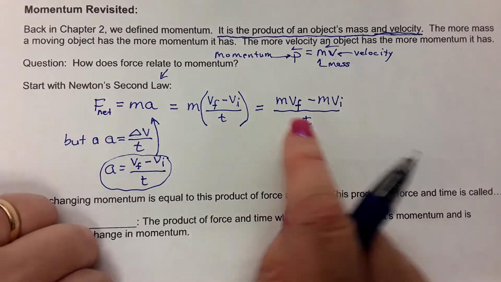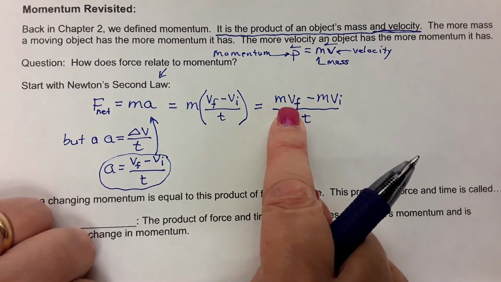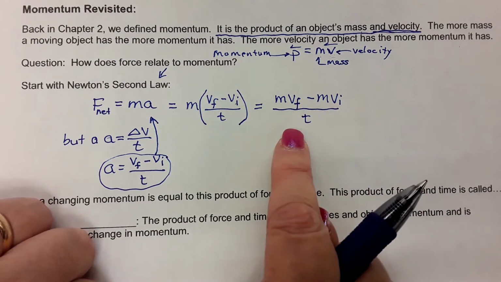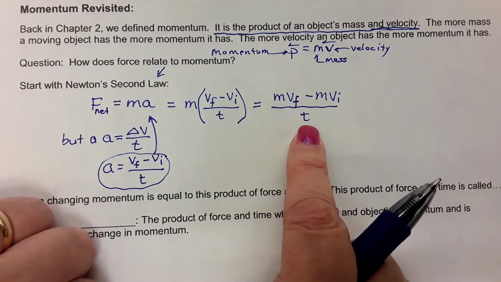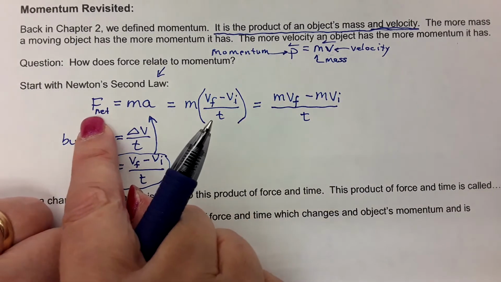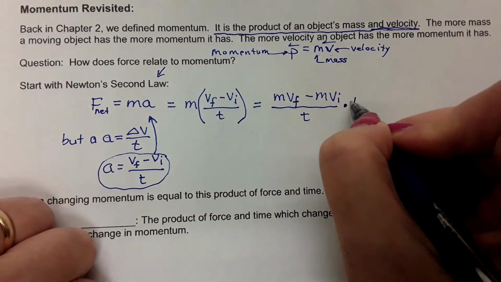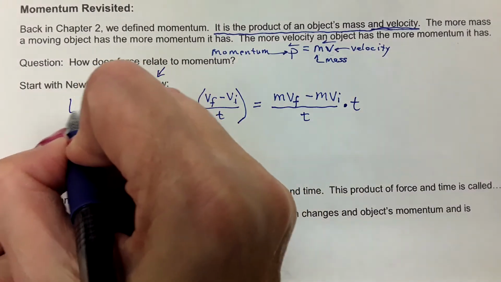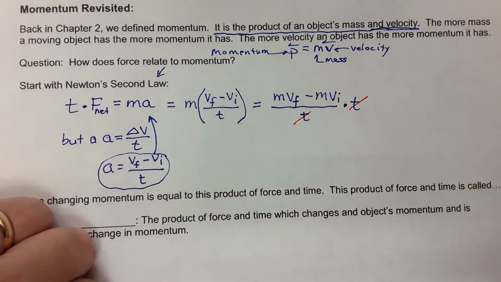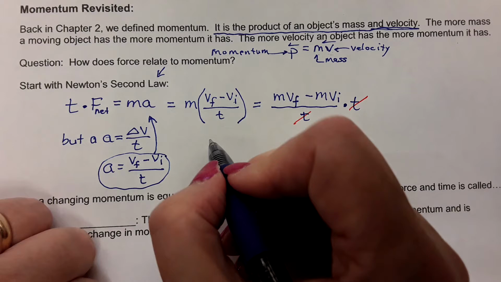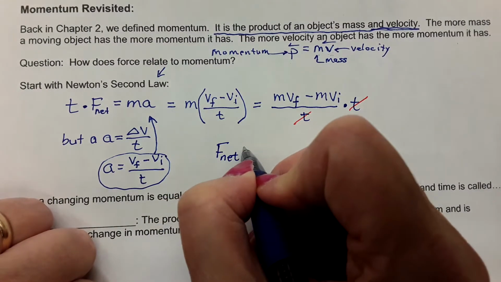All right? We've got F net equals mVF minus m sub VI over t. Let's get rid of this denominator by multiplying it to the other side. We're dividing it here, so if we multiply both sides by t, the t will cancel on this side, and look at what we're left with. We're left with F net times t